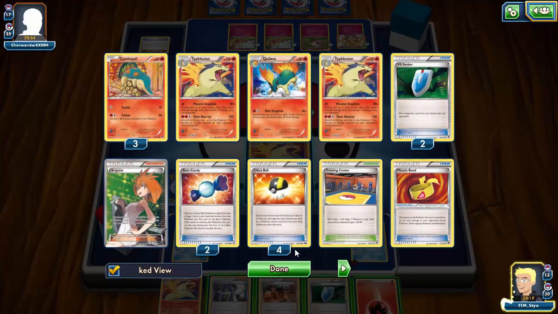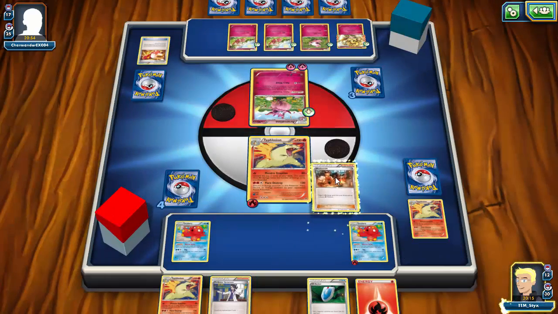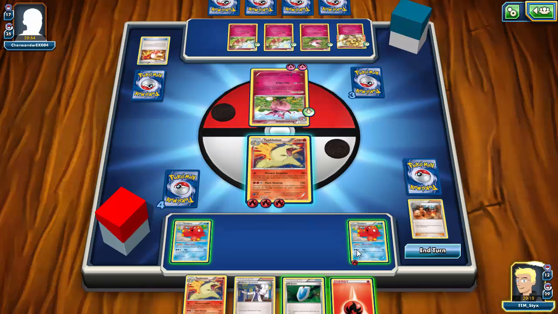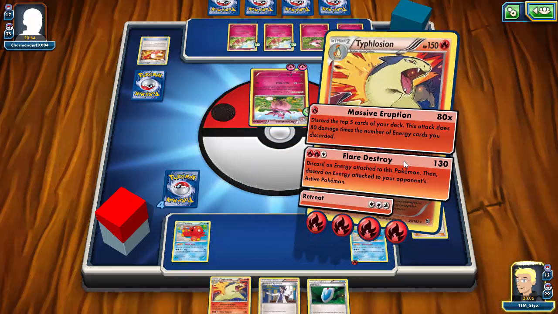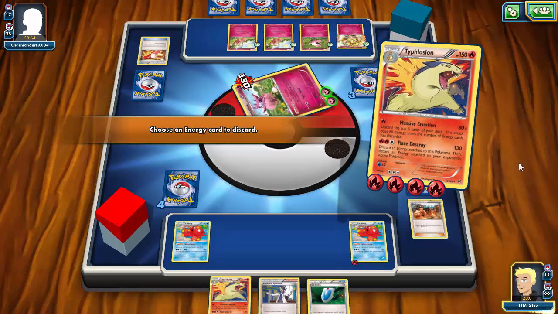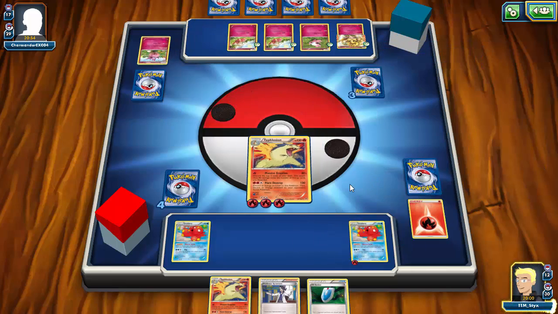Because 3 of my Cyndaquil are in the discard pile. I have no way of getting them back because I already used the Sacred Ash. So what I think I'm going to do is go ahead and Blacksmith, put 2 energy onto my Typhlosion. I only want to Flare Destroy if I have to. Let's go ahead and put 1 there. And, well, I only want a Massive Eruption if I have to. Let's go ahead and Flare Destroy, get all of the energy off of my opponent, discard 1 energy, and, I mean, yeah, that's fine. I wonder,